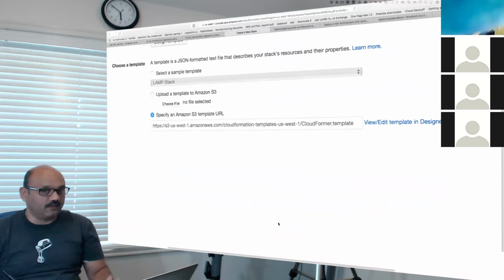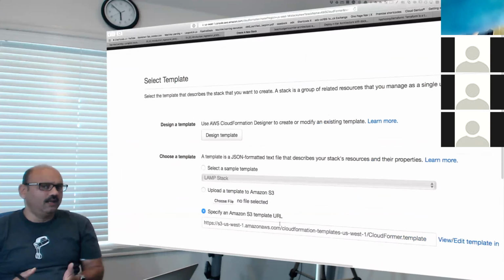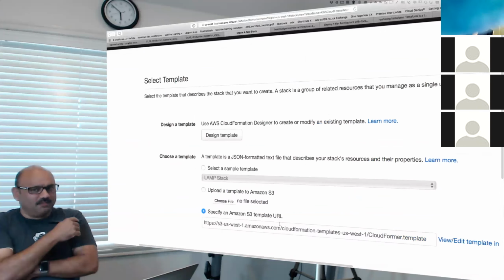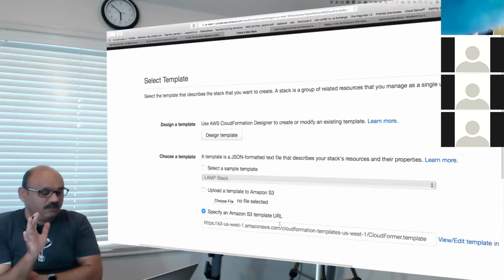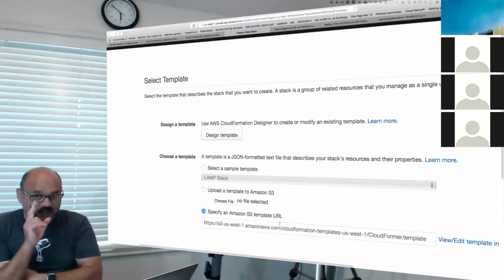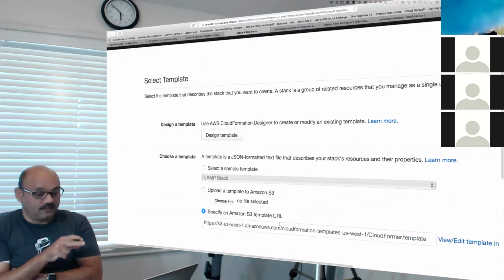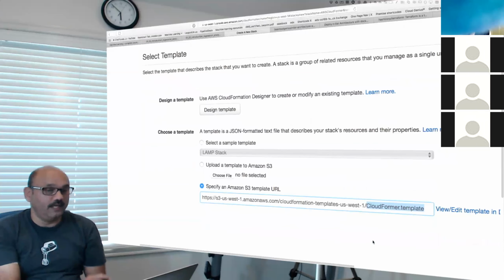So click. And here you see that it says select a template. But I thought you are going to create a template. Why are you asking me to select a template? And that's the confusing part that some people run into. But I think you understand. If not, stop me. This template is a predefined choice for CloudFormer template. As you can see at the very bottom here, it's the CloudFormer template. And that is what is getting created.